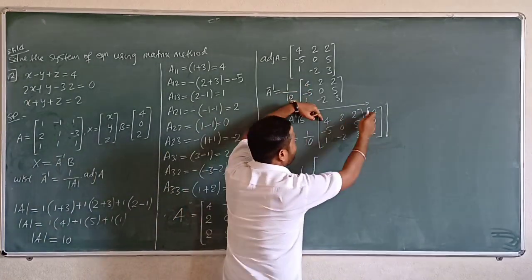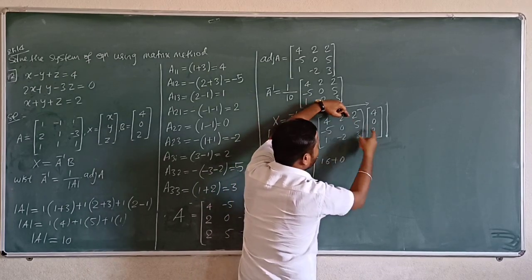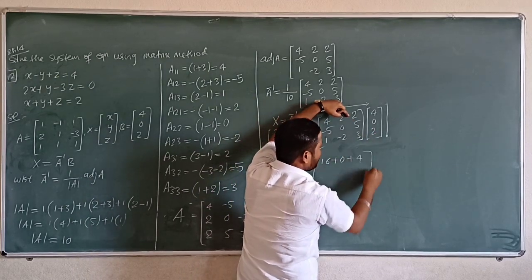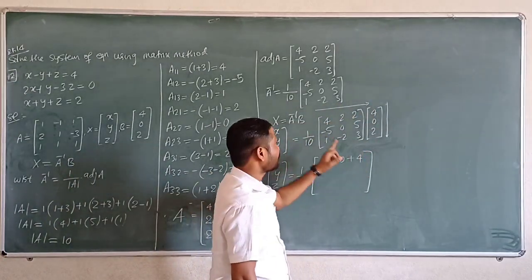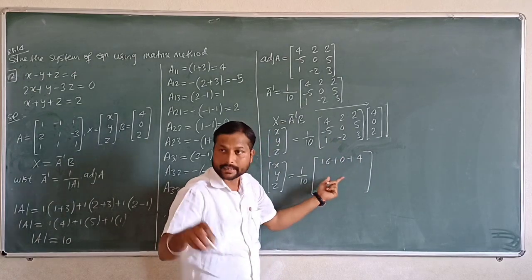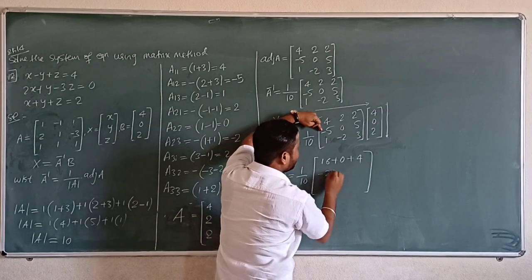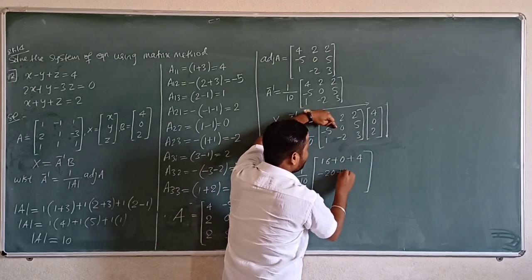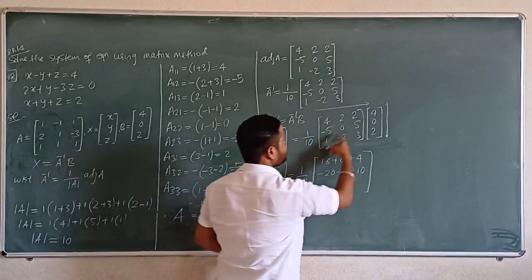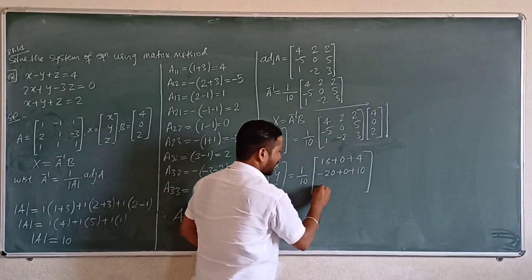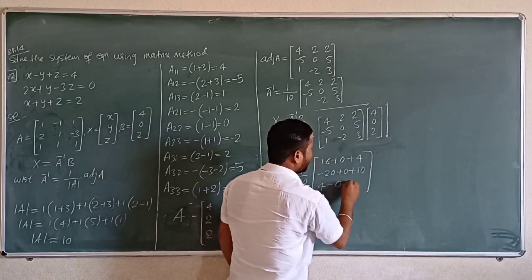column, right? 4 4s are 16, 2 0s are 0, 2 2s are 4. First row first column is over now. Take second row first column, that is A21 element. A21 element minus 5 into 4 minus 20, 0 into 0 is 0, 2 5s are 10, 10 plus 10 now, right? Plus into plus 1 4s are 4, minus into plus minus 2 zeros are 0, 3 2s are 6 now.